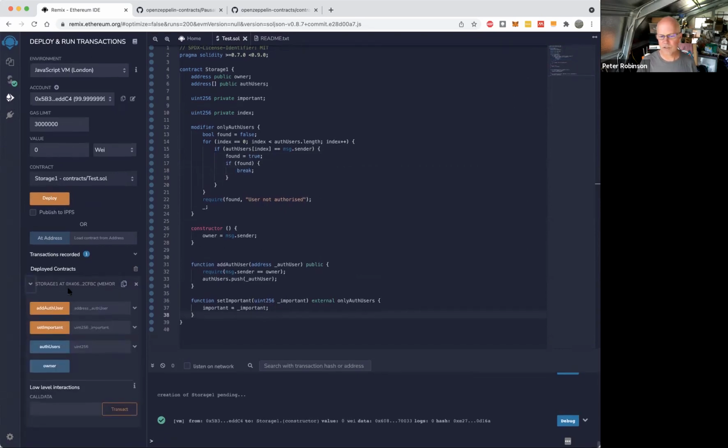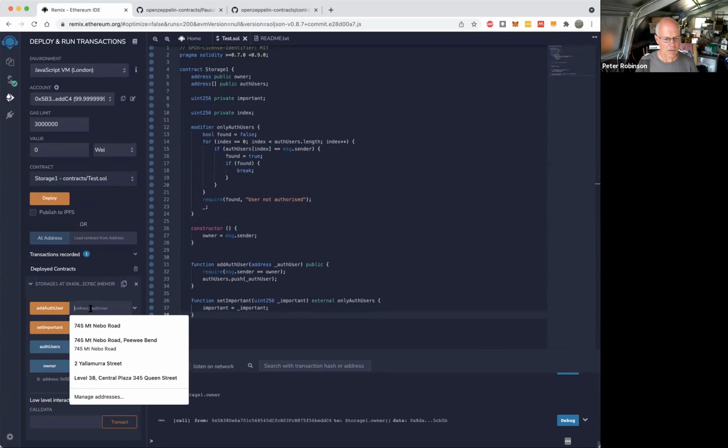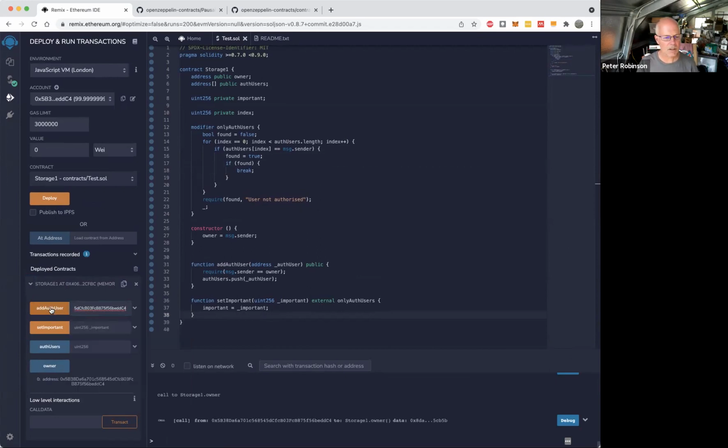All right, so let's go owner. Who are we? Let's get a copy of owner. We'll add ourselves as an auth user, add auth user. Let's go set important, and let's set important to 2 because I'm an auth user now. Set important, and it is